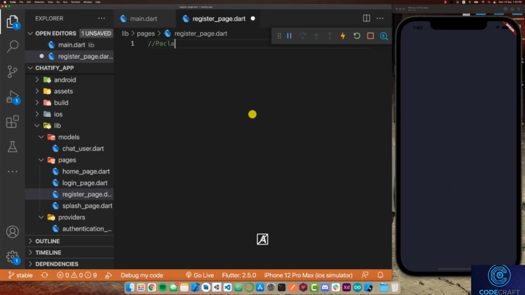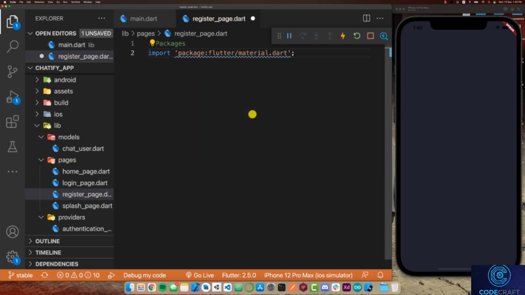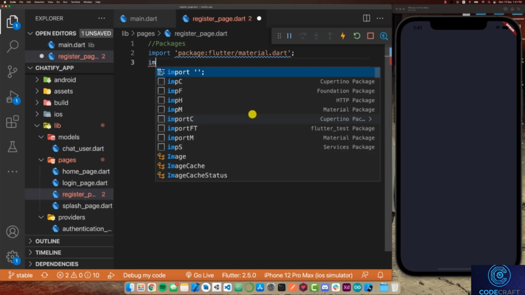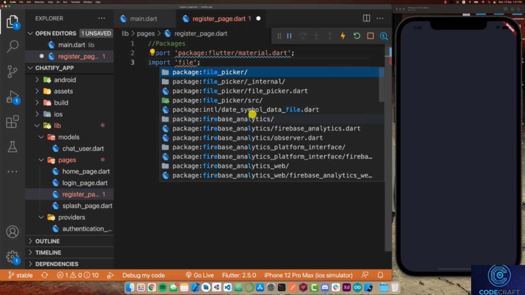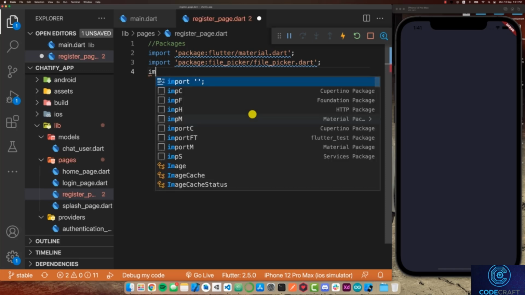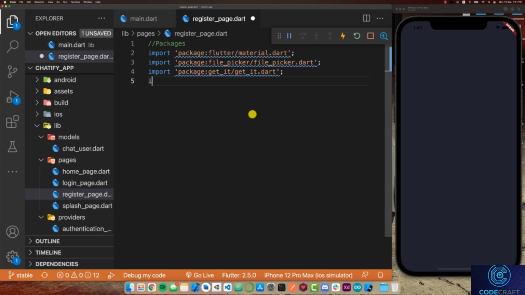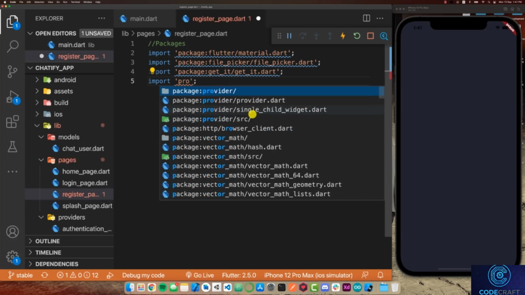import the packages that I require. So the first package that we're going to import is going to be our material package. With the material package imported, I'm going to import some other packages as well, for which I know we'll need the functionality later on. One of these will be the file picker package, and the reason for that is because we have to select a file that we would like to upload as our user image. Apart from that, I'll also get our get_it package imported, and then finally I'll also import provider as well, which is our state management